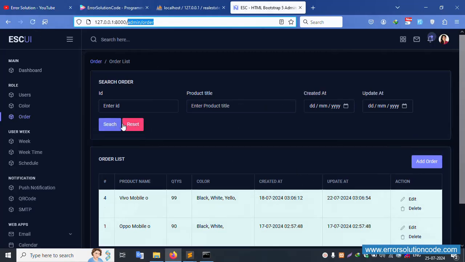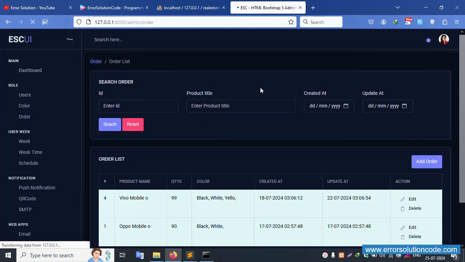Successfully available, this reset. Click this reset, same here reset. Good, working, that's fine. This is successfully set: first is the ID, this is the product title, this is the created date and